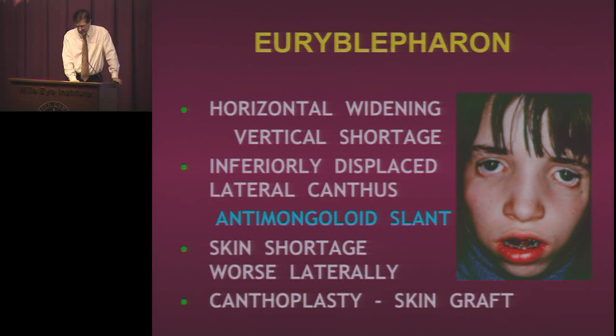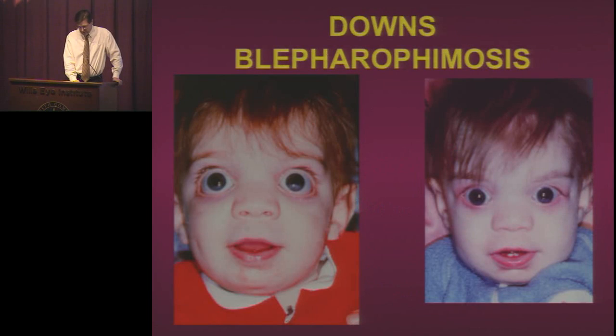grafts. This is a child I saw when I was a fellow, where you can actually see those inferior corneas on both sides are hazy because of exposure. Many of these kids have Down syndrome. They can be associated also with blepharophimosis, and they could also happen on its own. So in this child, as you can see, mainly the canthus was operated on, and the corneas cleared up nicely. And later on in life, the child, when it was a little bit older, had a little bit more surgery